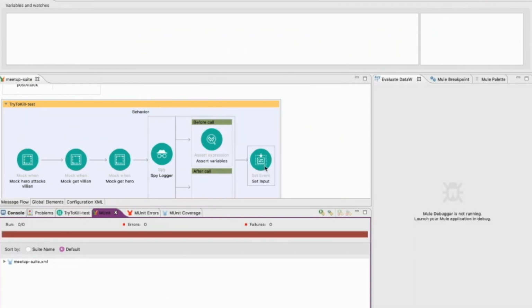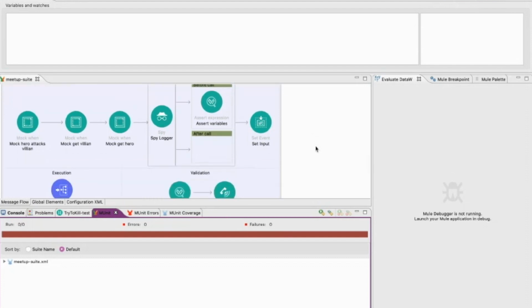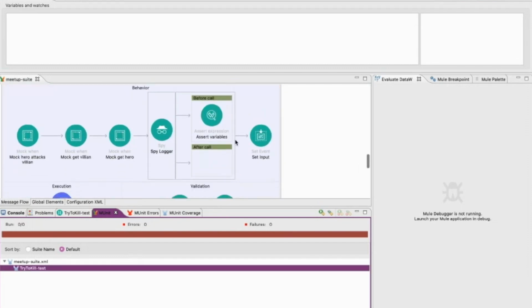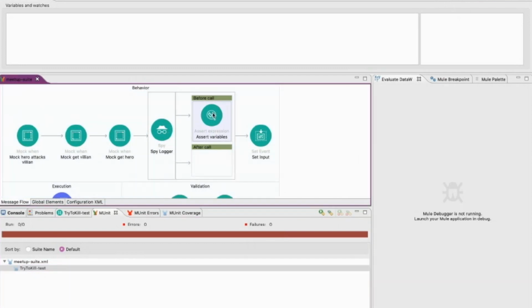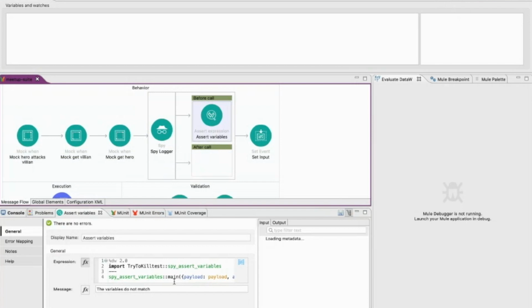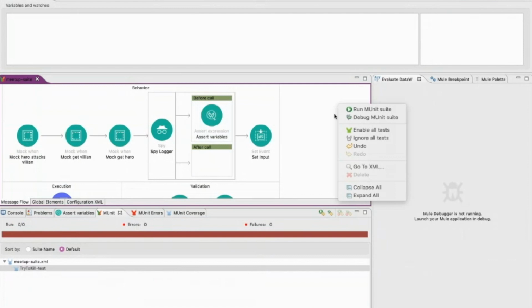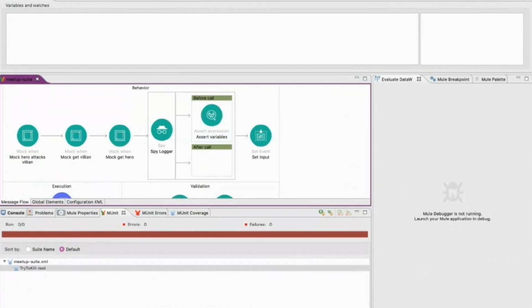And we see there it fails. Now that happens because this spy on the logger doesn't get this assertion. This assertion does not pass because the variable that it expects to assert on isn't right. So what we can do here instead is we can go back,